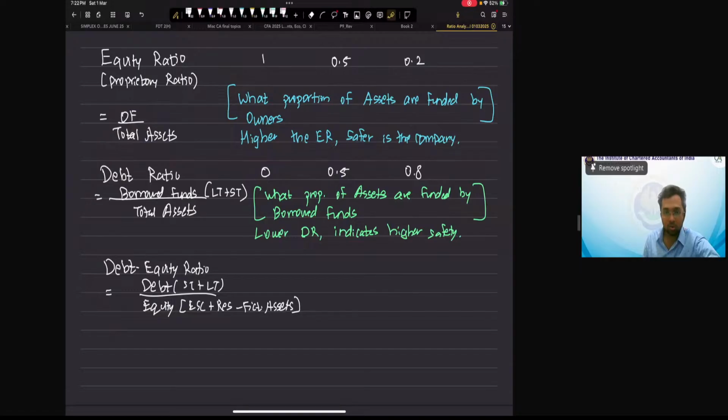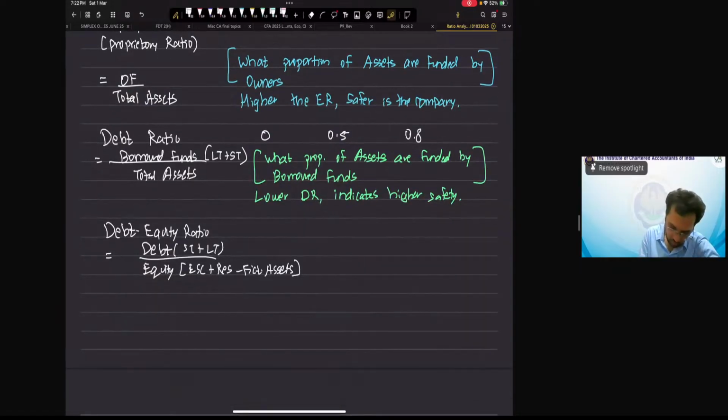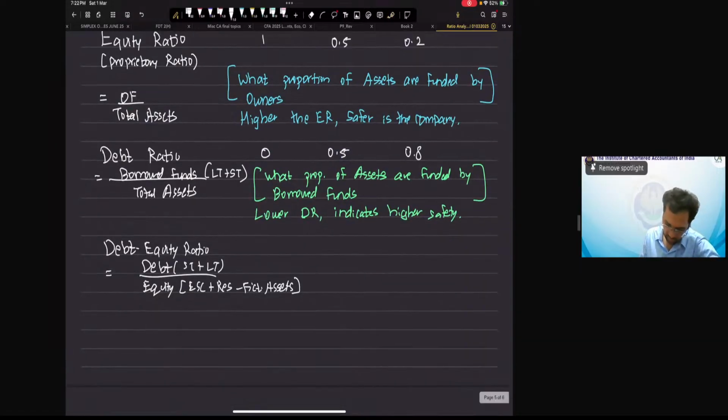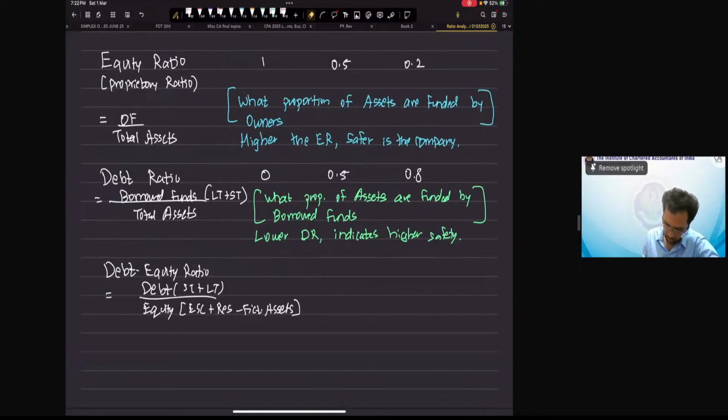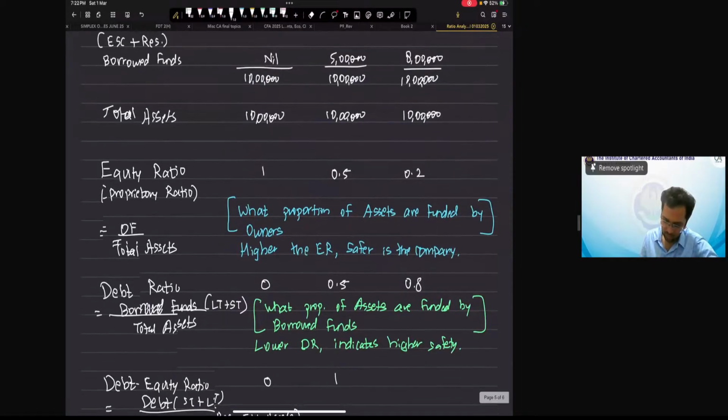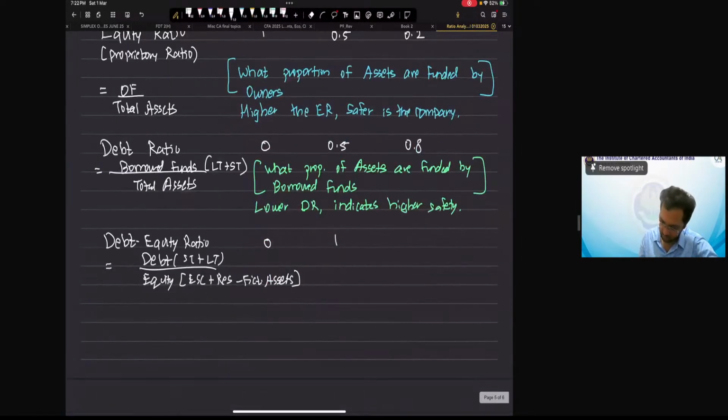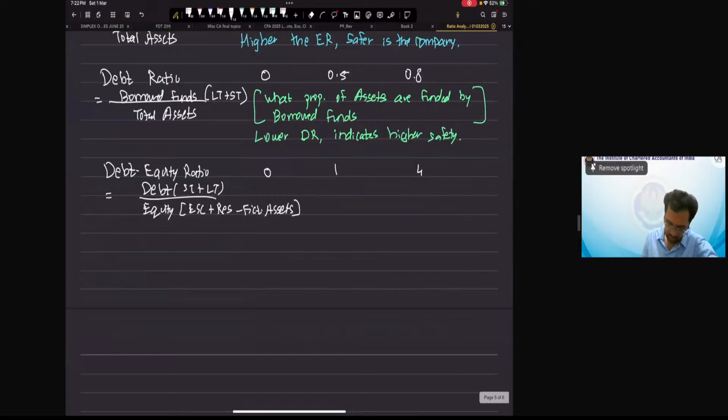Okay, so in our example, debt equity over here it is 0, here it is 1, and then when we take debt equity over here, 8 lakh upon 2 lakh, which is 4. So this debt equity ratio